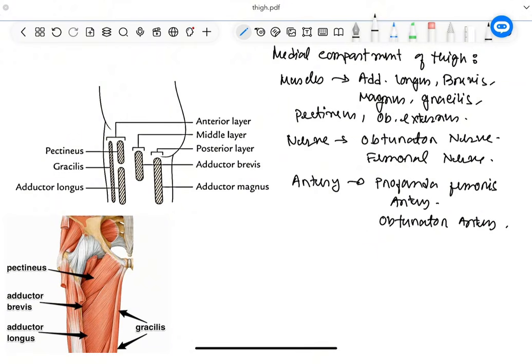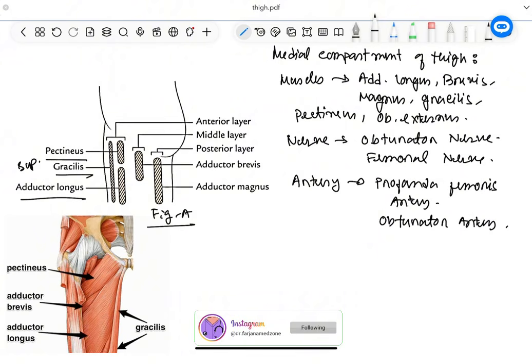That is all about some of the small shortcut information related with the medial compartment. Now, let us see on screen there is a figure, let us denote it figure A. You can see the muscles arrangement from superficial to deep are shown here. On the most first layer we are going to get pectineus, adductor longus and gracilis. These are the superficial. In the intermediate area, or the middle area, or the second area, we are going to